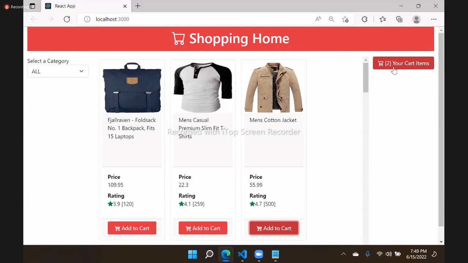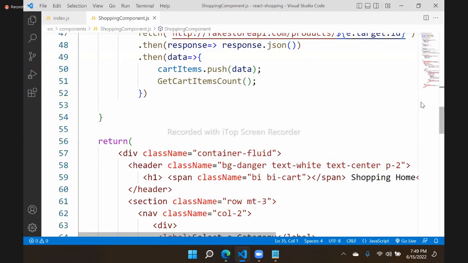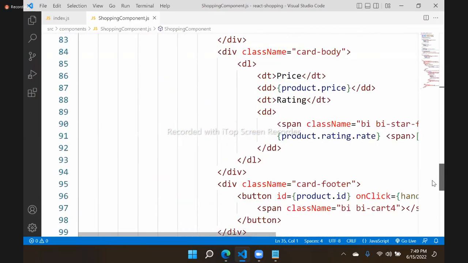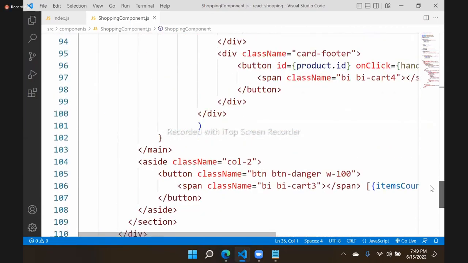Now we can display those items. If we want, we can display those items. Temporarily we can display here itself. Later we will show pop-ups and all. That is nothing complicated. To display those items, you can write depending on your requirement. You can show, hide, or you can just display while adding. That depends. Suppose I want to add the items here. What we will do here, under this button,